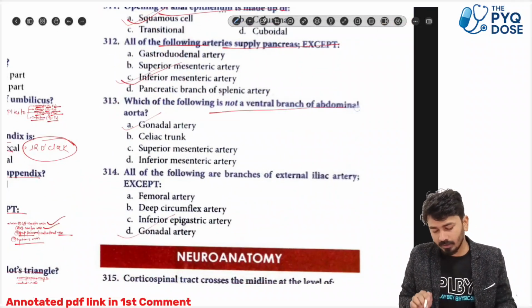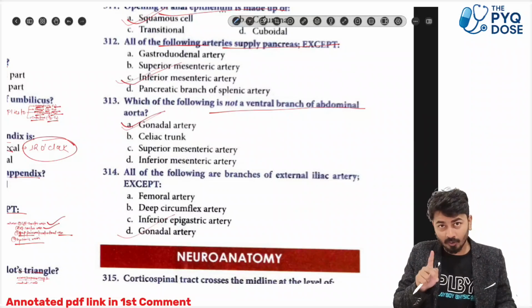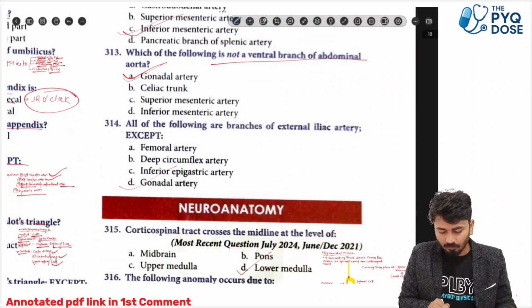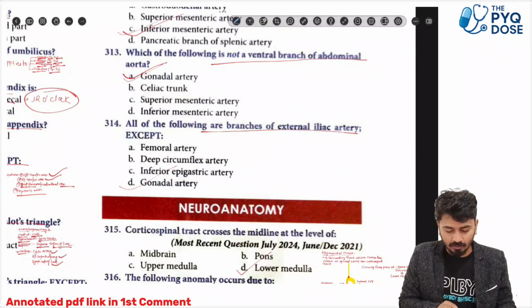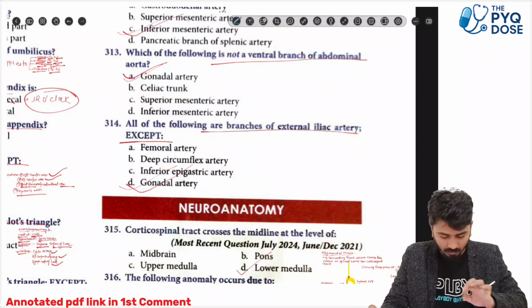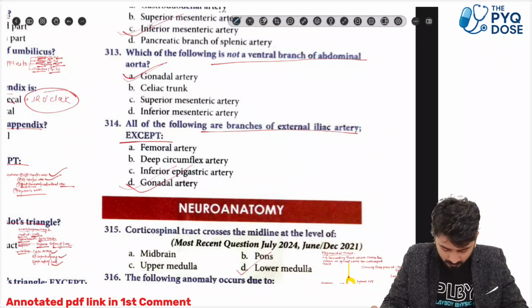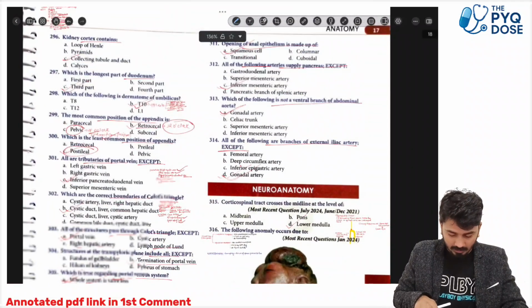Which of the following is not a ventral branch of the abdominal aorta? That is the gonadal artery. Where did we study the gonadal artery? I explained it above. Okay, all of the following are branches of the external iliac artery except the gonadal artery, which comes directly from the abdominal aorta. So all the other things given here are branches of the external iliac. So this much for the abdomen and abdominal organs,